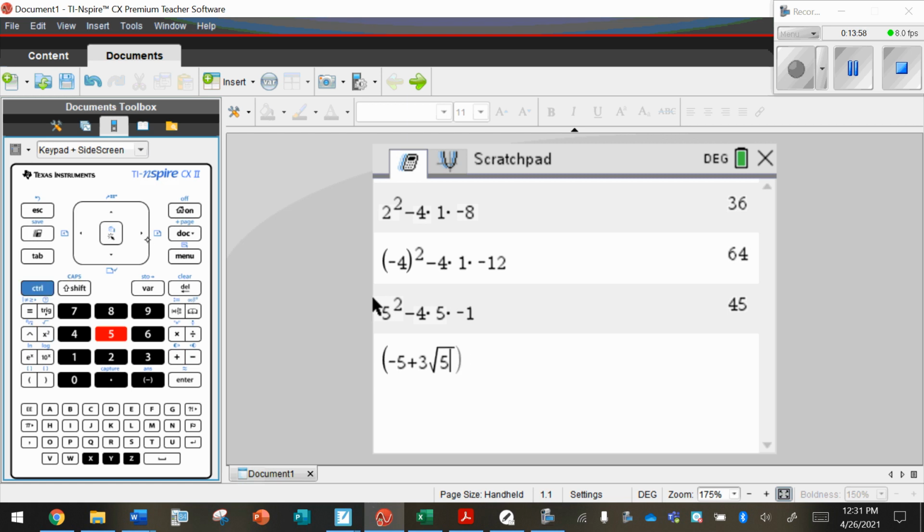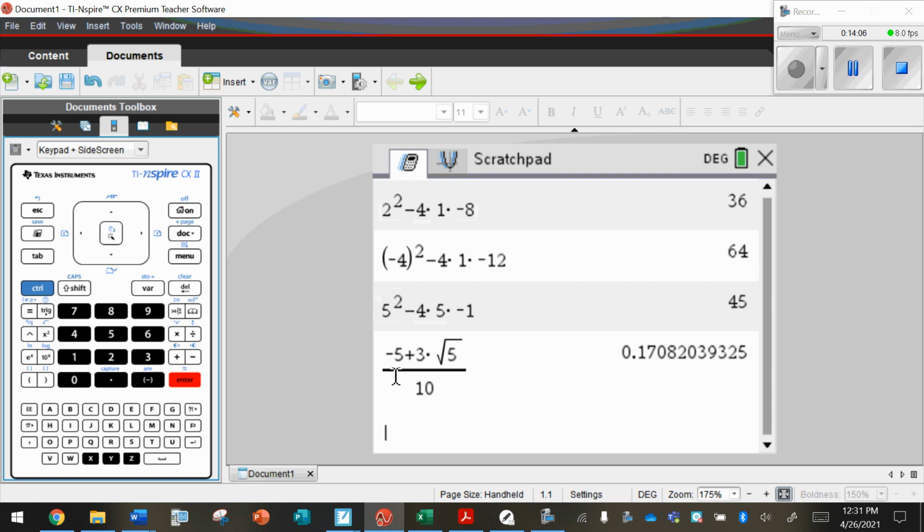I need to make sure I get out of the radical and out of the parentheses before I do divided by 10. And when you hit enter, you should see negative 5 plus 3 radical 5 all in the numerator. If you don't, then you typed it in wrong. That ends up with